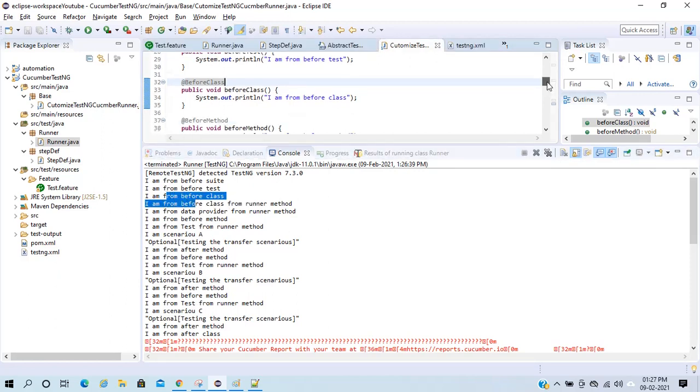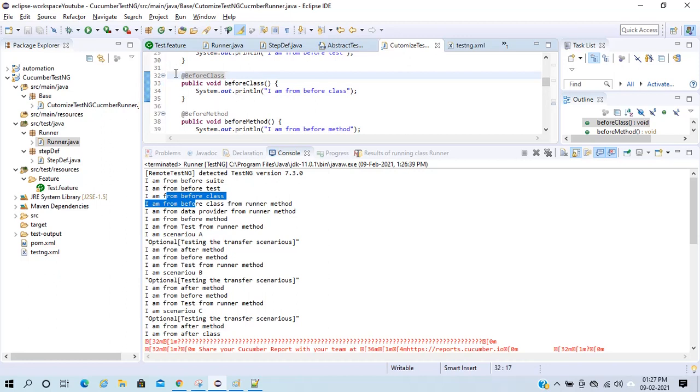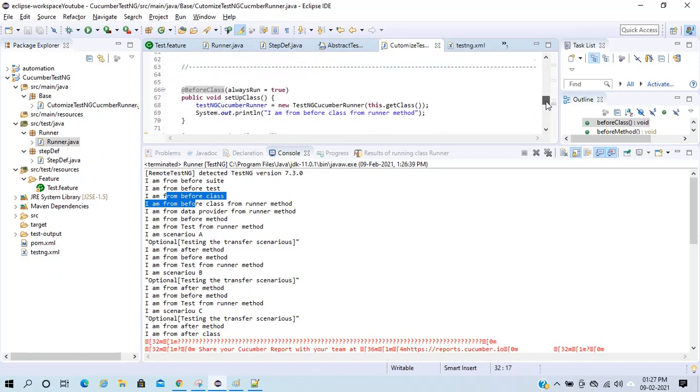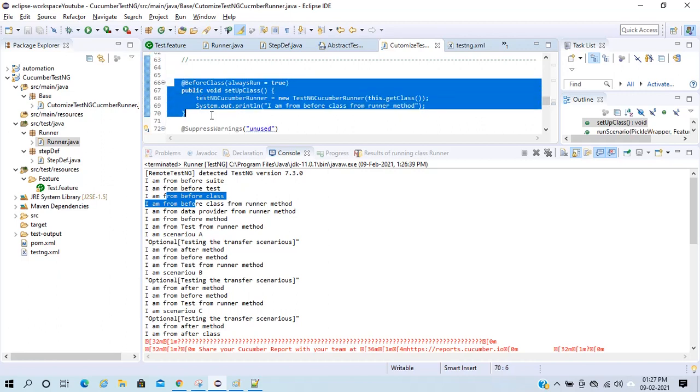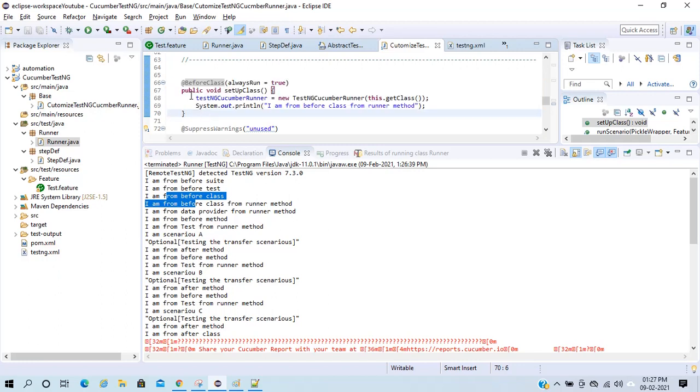So now you will ask me why it followed this sequence. I have two before class: one before class I have declared here, and the second before class is from the abstract TestNG, which I have copy and pasted here. So the priority will go in alphabetical order.